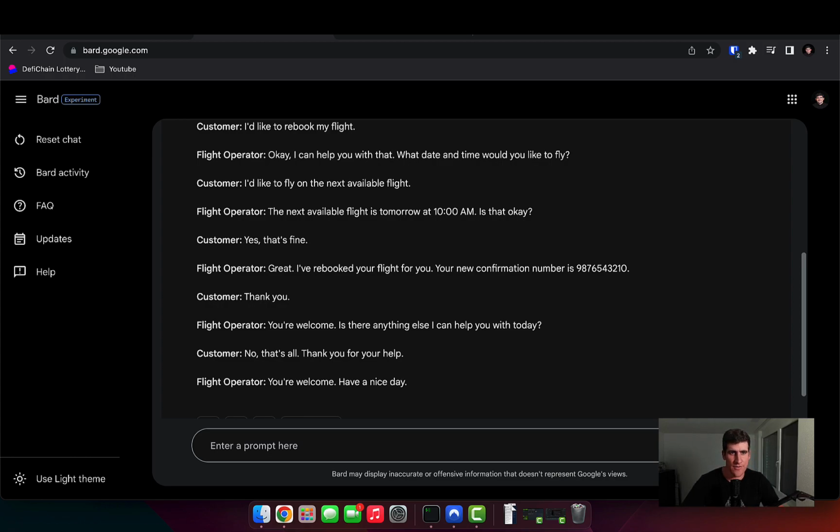Now, let me know what you think. Which one do you think is better for your use case? Personally, I think ChatGPT is by far better than Bard. But again, Bard is quite new. It's in its infancy. I'm pretty sure it's going to get better over time. I do use Bard now for the programming parts, specifically for the versions. Other than that, I'll probably still prefer to use